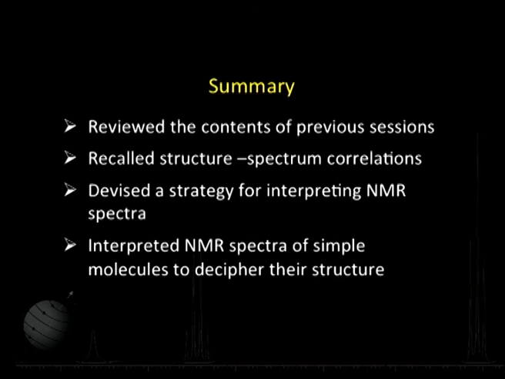We have taken 4 typical examples. We started with a very simple molecule, then went a little more into complication, and with this I am sure that you are now somewhat acquainted with how to look at an NMR spectrum, what kind of information it gives, and how we go about translating the NMR spectrum into the structure of the molecule. We will continue with the same exercise.